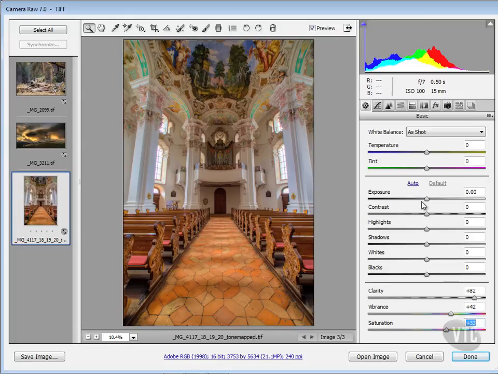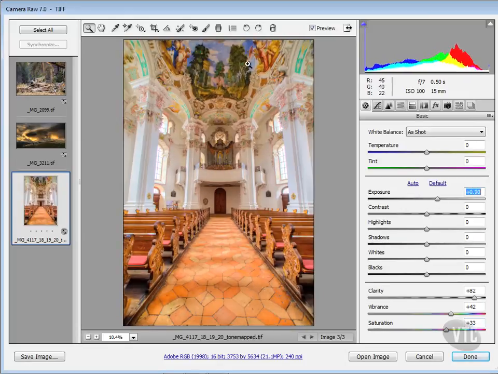Now we're going to boost the exposure just a bit because it is just a tiny bit dark, and I want to bring out some of the detail up here in the ceiling. Some of these smaller churches in rural Germany are spectacular. Somebody somewhere had a lot of time on their hands for all this ornate detail in this architecture. So we go to the right just a tiny little bit to warm it up some,